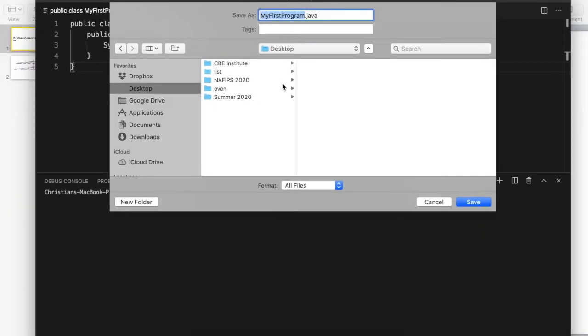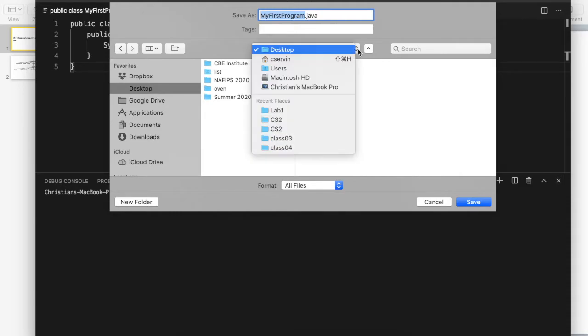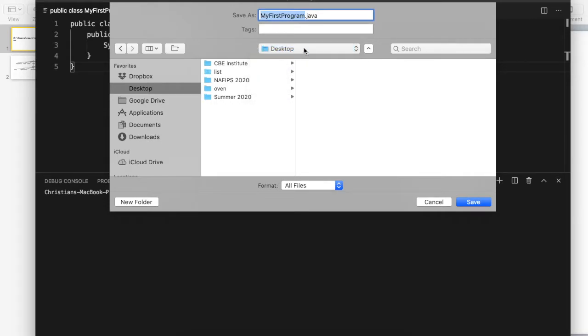So when you save that part, I'm going to save it on my desktop, as you can see right now here. And of course, you can save it somewhere else, but I just recommend that you save it on the desktop. Notice that there are some other places where I can save it. I just want you to recognize that part, that it is going to be saved there, that Java. Now, when I click save,